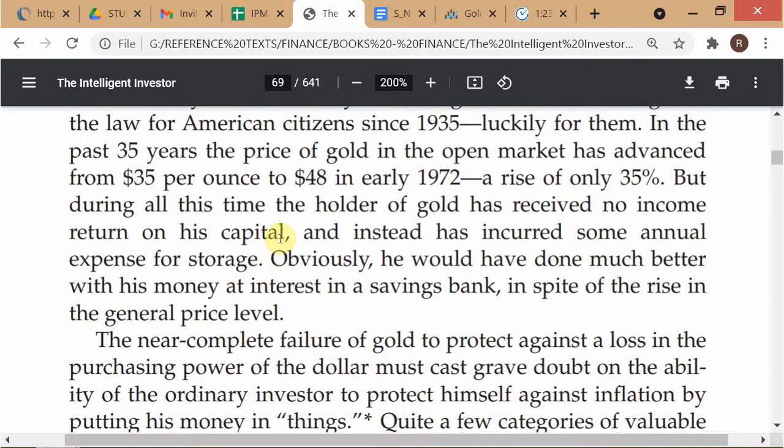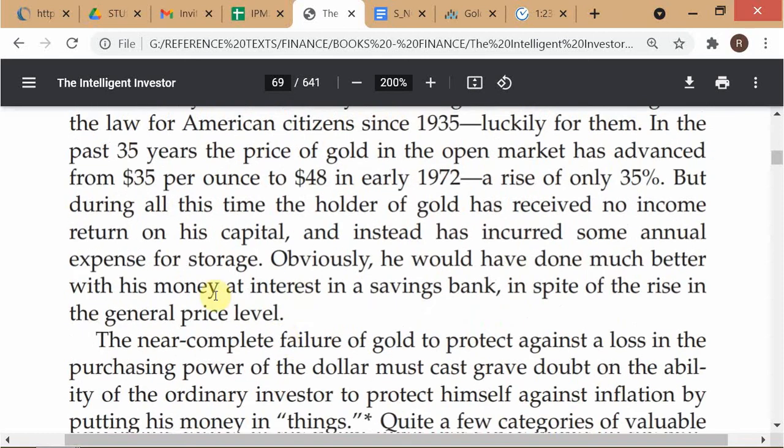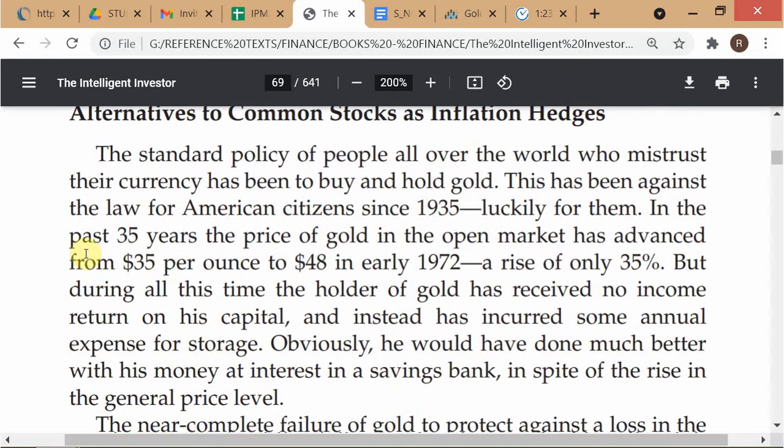He's making a very confident statement that he would have done much better than buying gold. It would have been much better to put your money in a savings bank. He's saying this in a categorical way. Actually, he should only say it about this. So this statement is correct: from 1935 to early '72, the gold price only went from 35 to 48. But what he's missing is that this is a very strange kind of statement